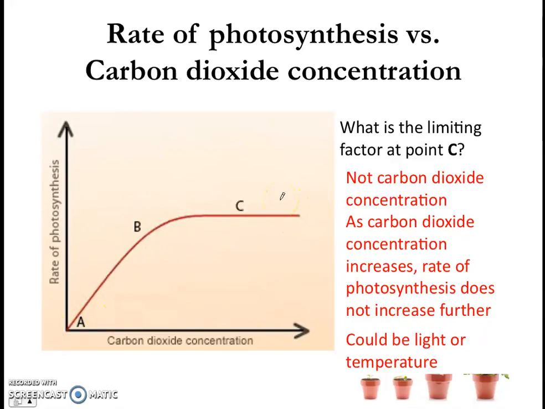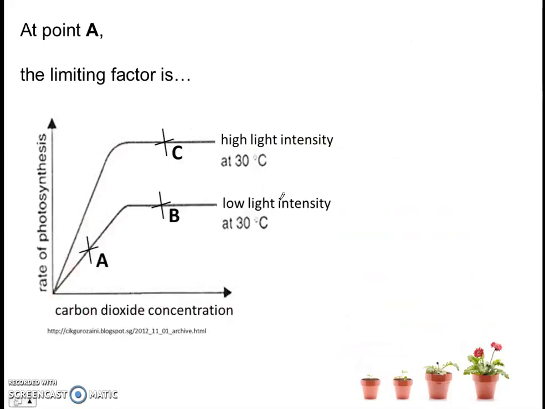However, we can tell if there are graphs with more than one curve, such as this. Ta-da! Now this is a complicated graph, but don't worry, we're going to go through it together. Now this graph has two curves, and I want you to focus on the lower curve first. This curve says low light intensity at 30 degrees Celsius. What does that mean? Well, that means that we're taking the data from a plant that is being grown at